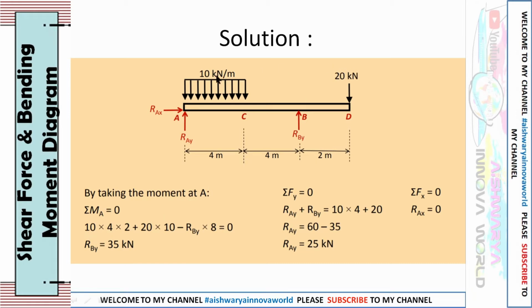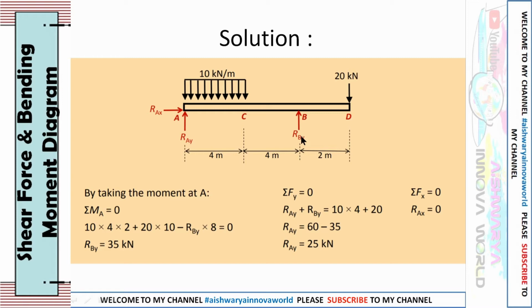Starting from here, this is the UDL. How to find the UDL: this is a small w into total length into L by 2. So 10 into 4 into 4 by 2, and 4 by 2 comes to 2. Now how to find the moment? The clockwise direction is positive and the anti-clockwise direction will be negative. So this plus